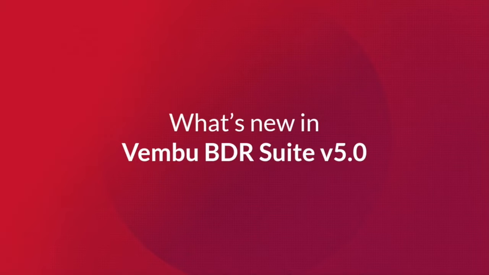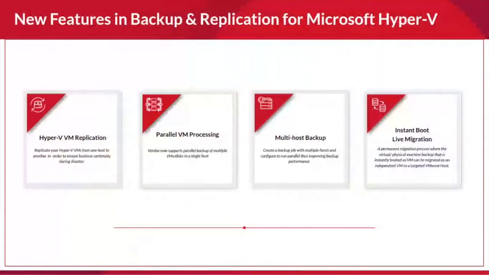So in version 5.0, we're going to check on the Wimbo backup and replication for Microsoft Hyper-V. Initially in 4.0, we didn't have an option called Hyper-V replication. We just had the backup for Microsoft Hyper-V Cluster, Microsoft Hyper-V standalone host, and SMB servers. We didn't have a replication option in version 4.2, the prior version to version 5.0.